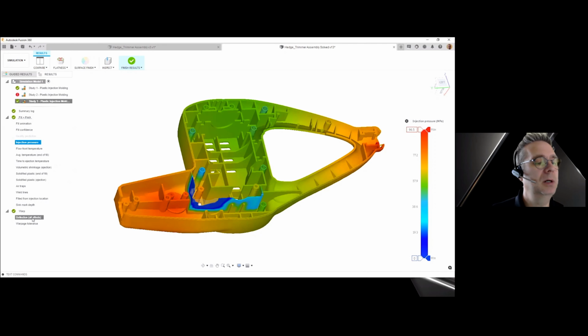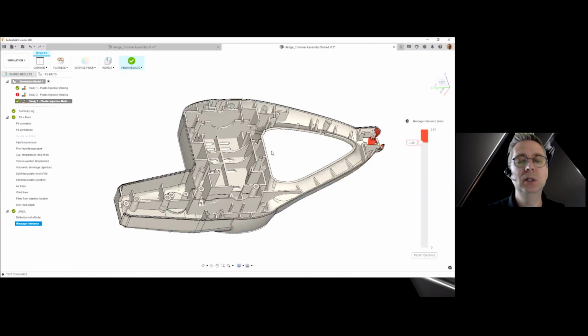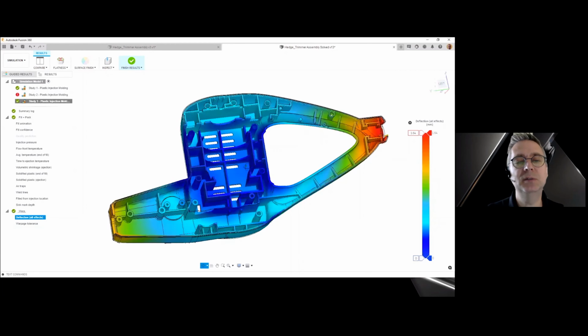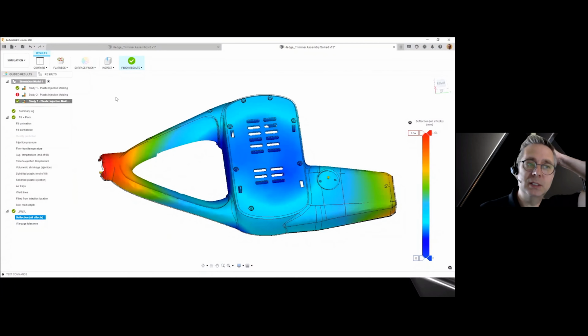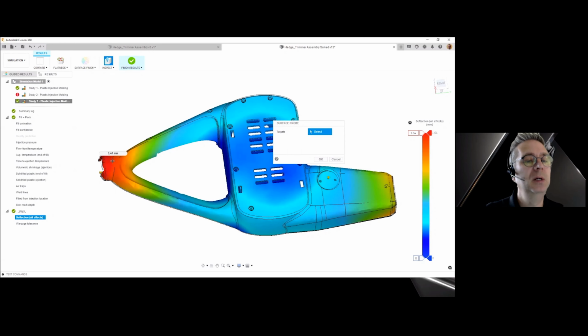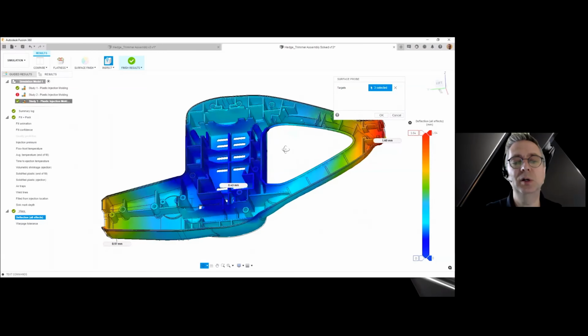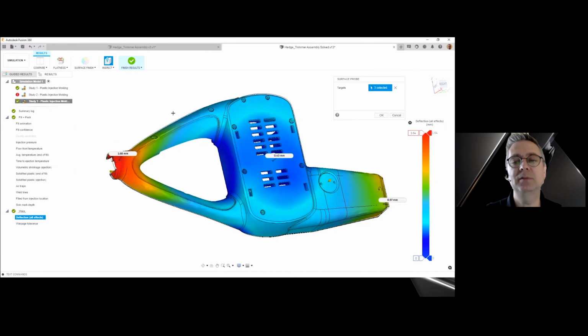Let's see. Oh yeah, we get back to deflection. The previous one we looked at was the warp tolerance, which I can change to highlight just the important parts. But here I see the full view of this with all of the colors. And one of the really nice features as well is the inspect button. So I can say, well, what happens here? And I can click other areas too if I wish. Those will actually move as I move my part around as well. If I have specific questions on an area, I can get an exact value right there.